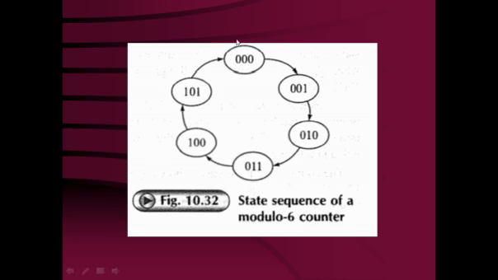Here, we are advancing strictly in a binary sequence 0, 0, 0 to 0, 0, 1, 0, 1, 0. But it is not necessary that it should be strictly in a binary sequence. Any state you require, you can put the memory value in the circle of that required value, and that way also you can design a modulus of 6 counter. The sequence is also not required to be only like this one. You can change the sequence to your desired sequence. So this is just an example that we are going to study. This is the data which is given to you, that you require a modulus of 6 counter which is progressing in this manner.